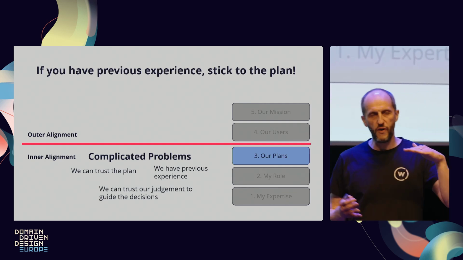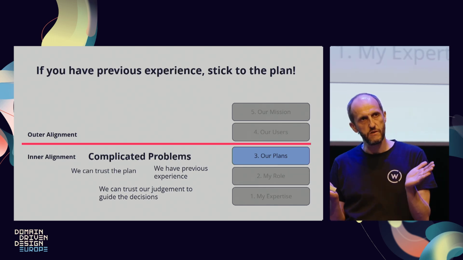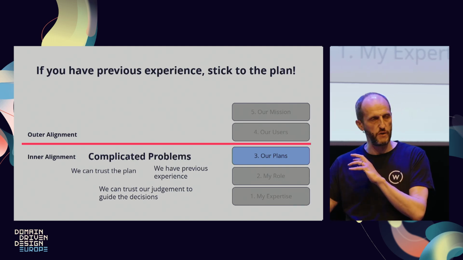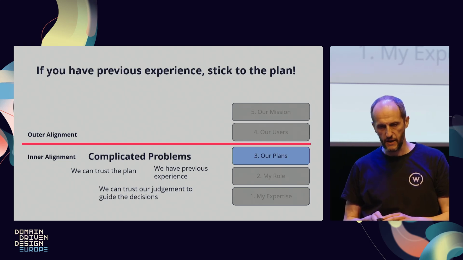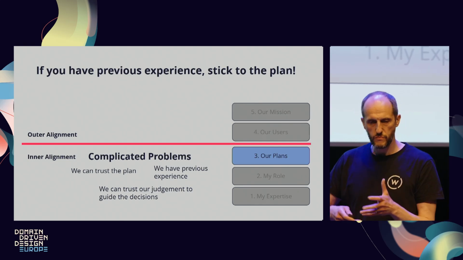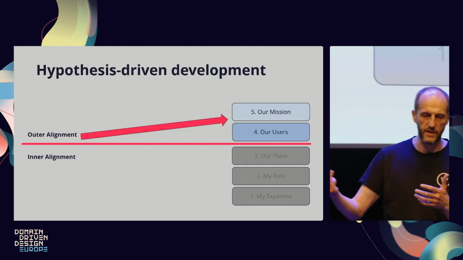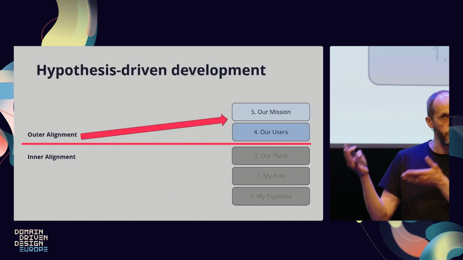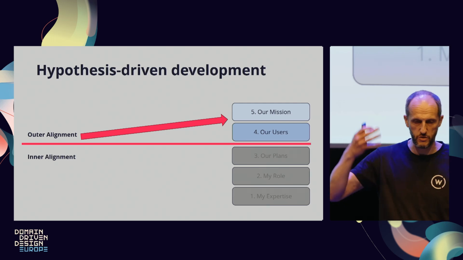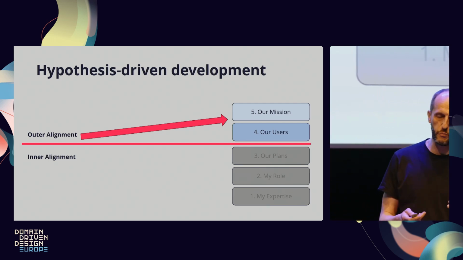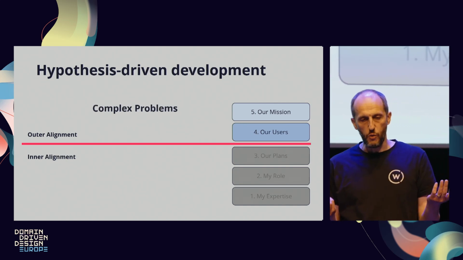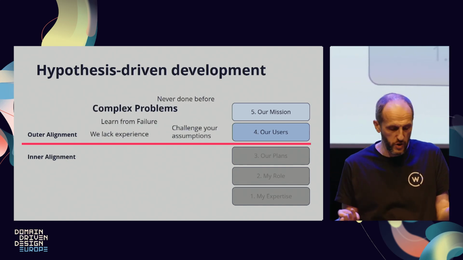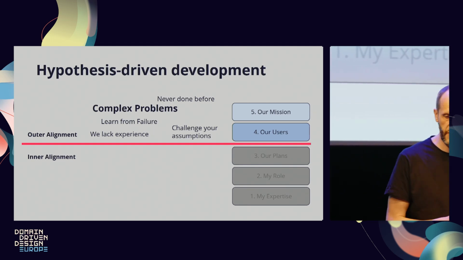Now, so far we are aligned within our organization, our team. We are talking about our roles, our organization, our leaders, our product managers, every role within. However, once we move outside, we go to the complex area. If you want to align with our users, or company mission or something outside, it gets more complex. Now we're in the hypothesis field. So with complex problems, we are not sure what works, what not. We need to learn from failure.